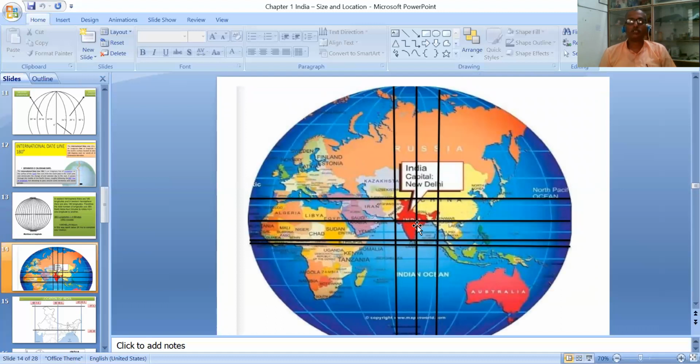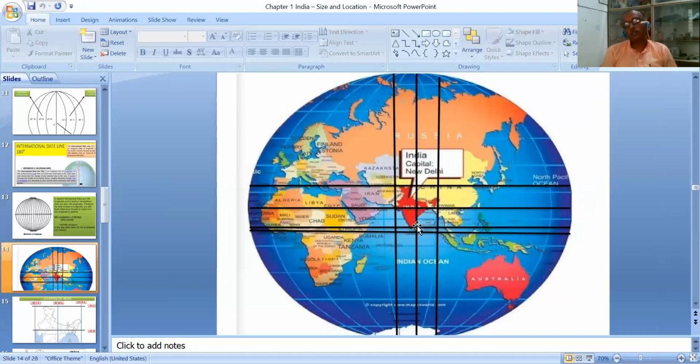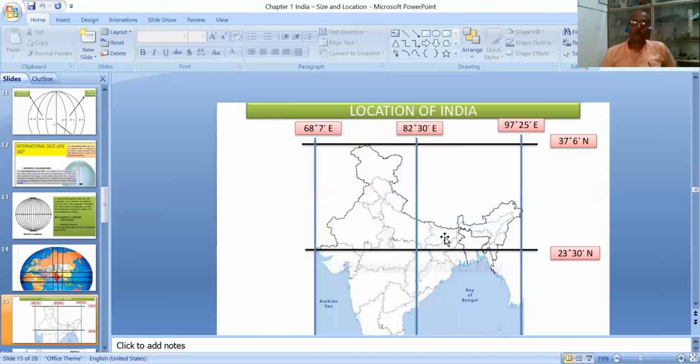Fine. Now let us look at this diagram. Very interesting diagram it is. Why is it so interesting? See, we have drawn just lines on the world map which covers India's position. Now a grid is created. This grid will help us to identify the position of India, in which degree longitude and in which degree latitude India is located. We can identify that with the help of these lines. So dear children, let us look more clearly. If you draw like this, it will be helpful for you. Let us convert that into India's location on this map.